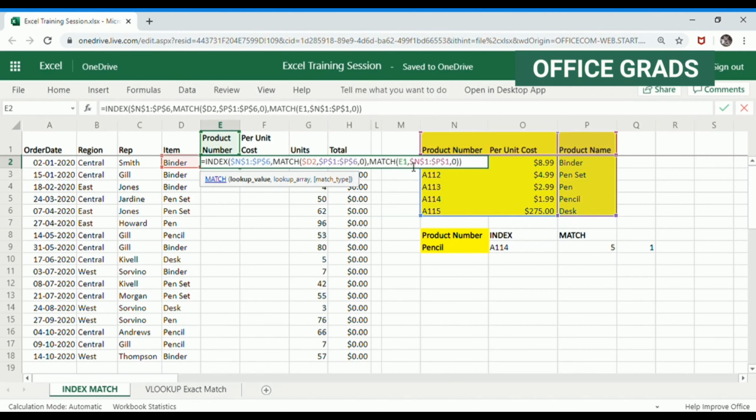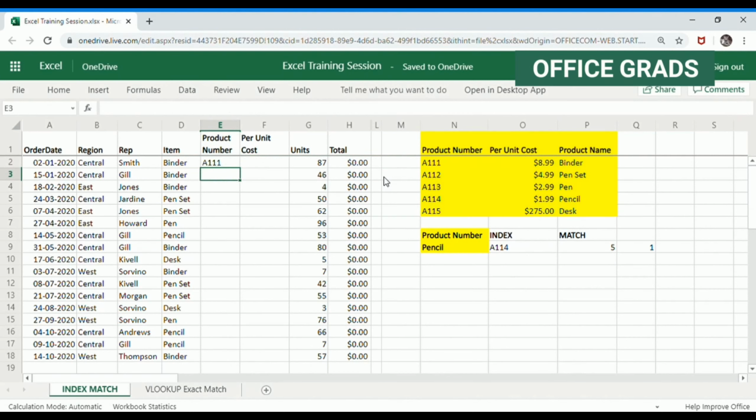And in case of E1, I want to freeze the row number, right? The column number doesn't matter, but I need to freeze the row number. That's important. So I will put a dollar sign before 1 and not before E.